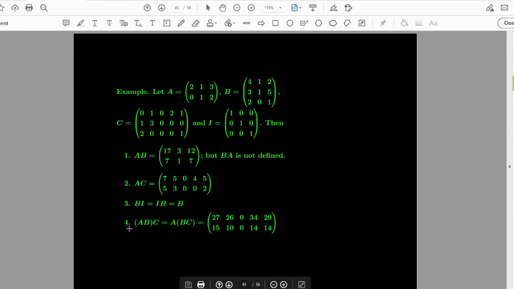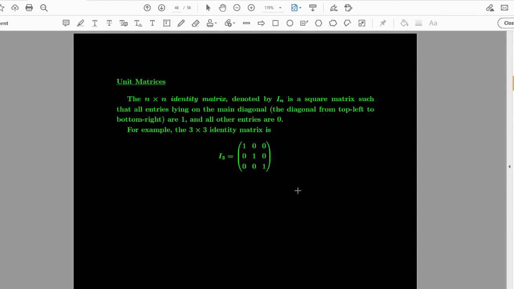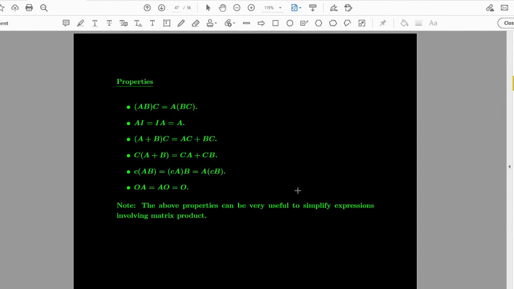Next is question 4. We did not compute that, but you just assume the answer is right. This property is true for any 3 matrices as long as the multiplication is defined. We call the property associativity. Probably for this course you do need to know some terms. On the next screen I'm going to summarize some properties. Okay,